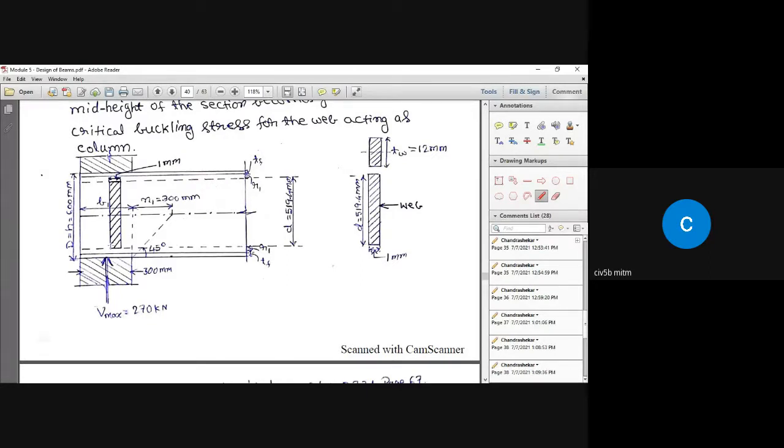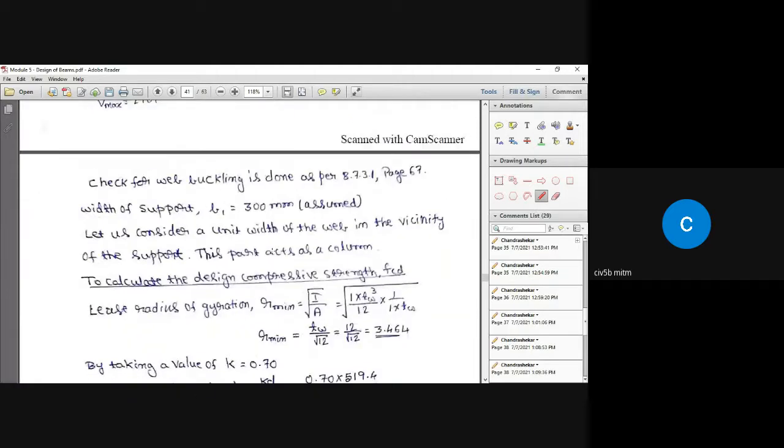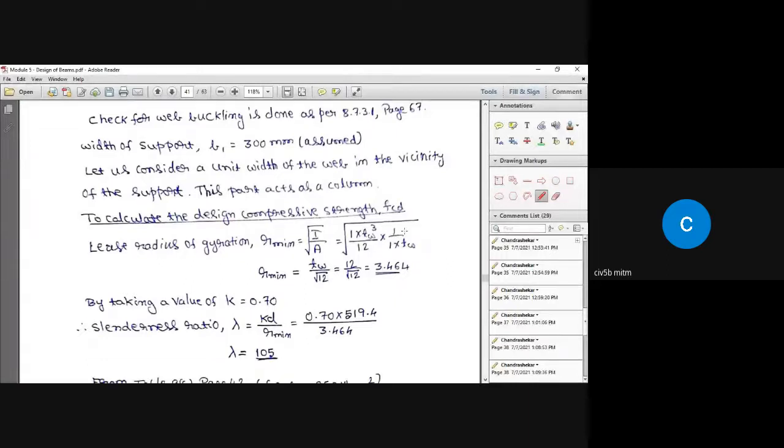So consider 1 millimeter width of the web portion and the height small d equal to whatever height you get. Okay, and when you look from the top of 1 meter width, this is what you are going to see. This is the depth of the column. Find out what is the FCD value for this. That is the design compressive stress for this column. So to calculate the design compressive stress, FCD,